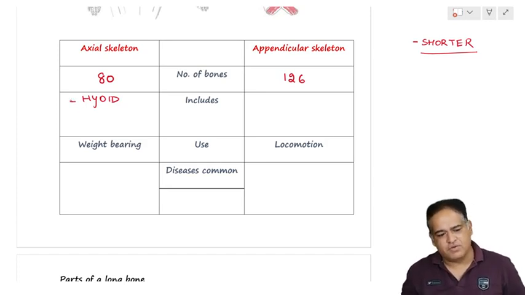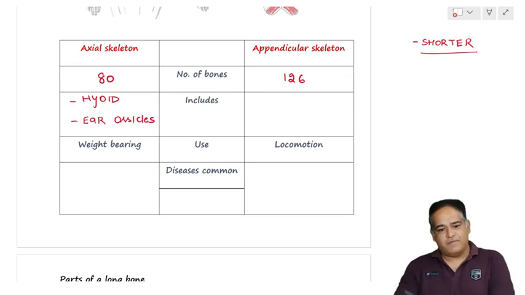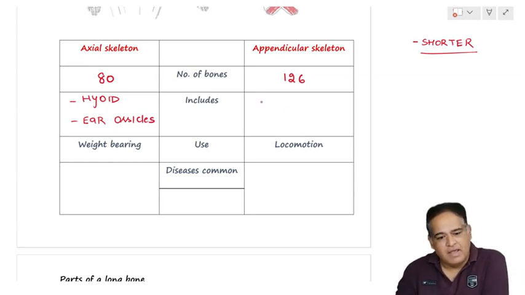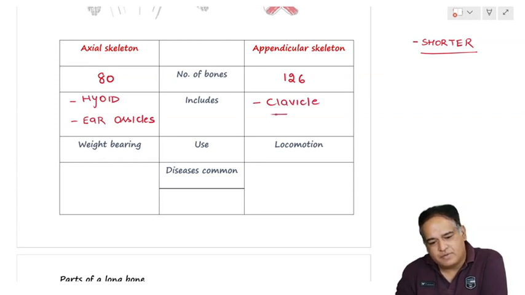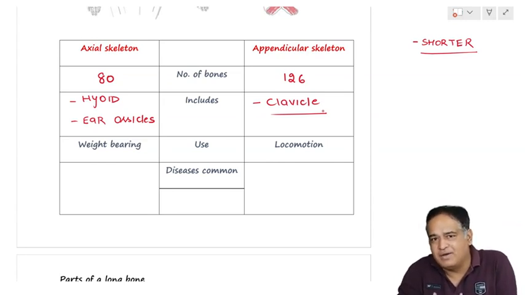This is the common mistake we make, thinking that hyoid is not a part of the axial skeleton. Axial skeleton also includes the ear ossicles, right? Appendicular skeleton includes the clavicle, even though it is centrally placed, फिर भी इसको हम appendicular skeleton का ही part मानेंगे,